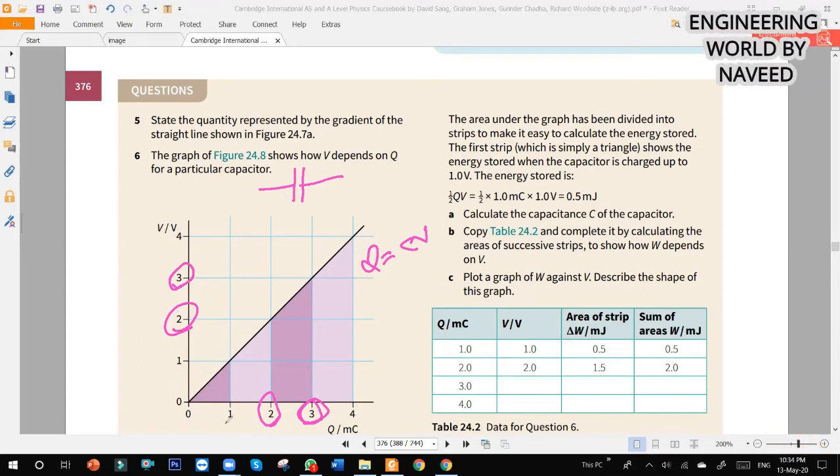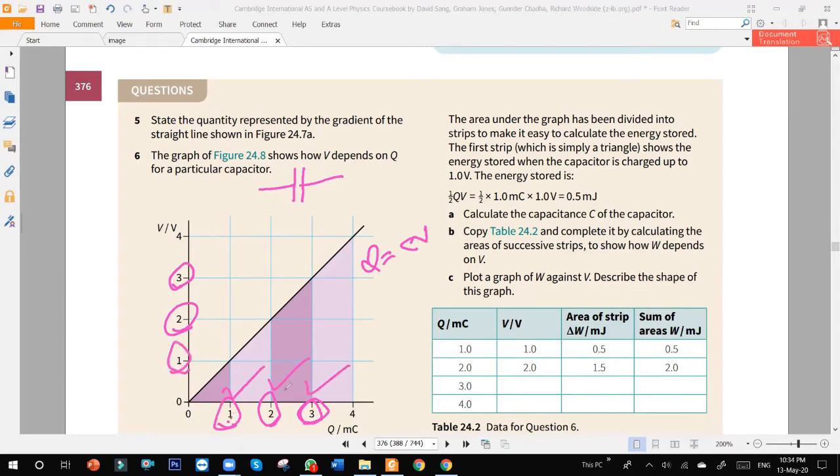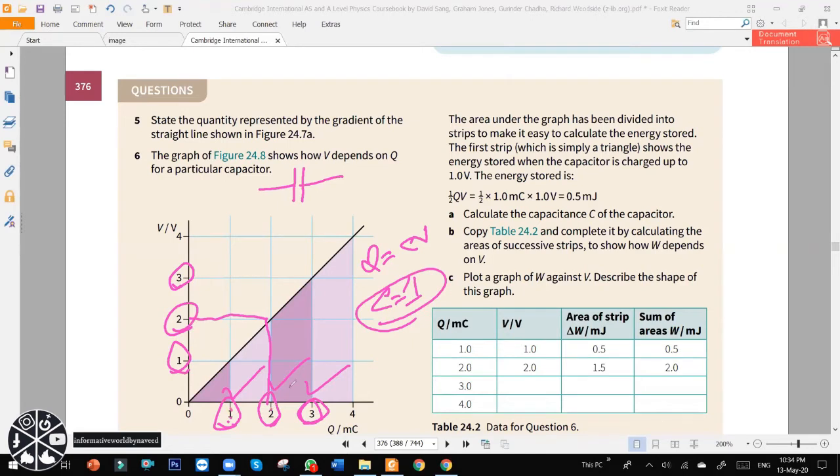So if I take it, it can be 1, 2, 4. Yeah, you can take this value, this value, or this value, but then the charge will be this. You can check it by this formula. Your C will always be equal to 1: 1 divided by 1, 2 divided by 2, 3 divided by 3, 4 divided by 4. Got it?